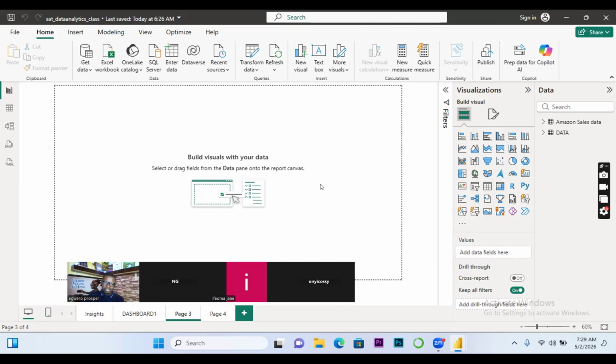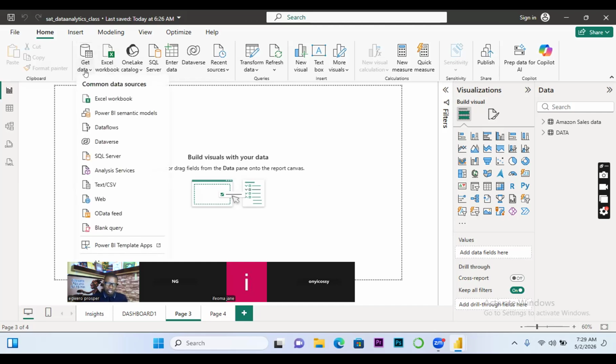Value, comma separated value. So it's one of the most known data formats that is compatible with almost all the analysis tools. In Python, it goes with CSV. SQL goes with CSV. Excel also can read CSV. So it's a widely known data format. So how do we load it? You go to that same get data. Now, this time around, you are going to consider